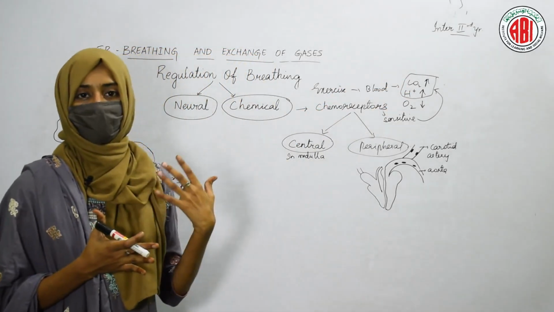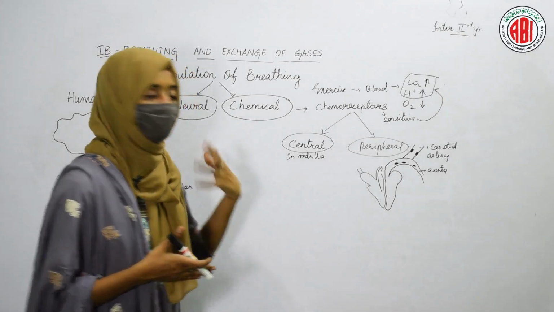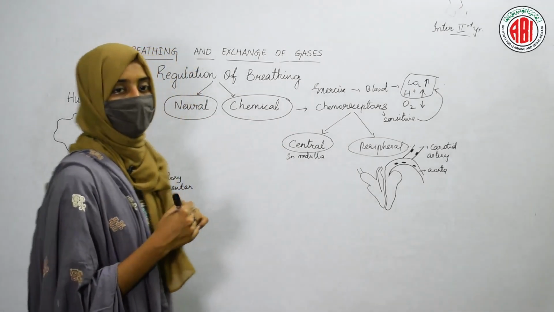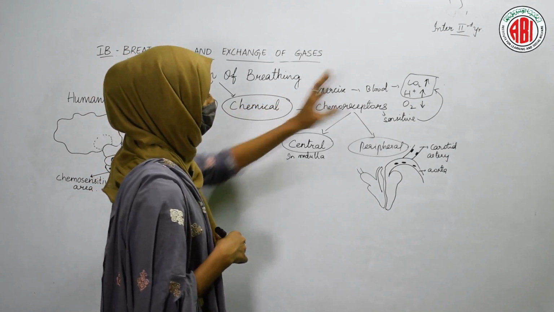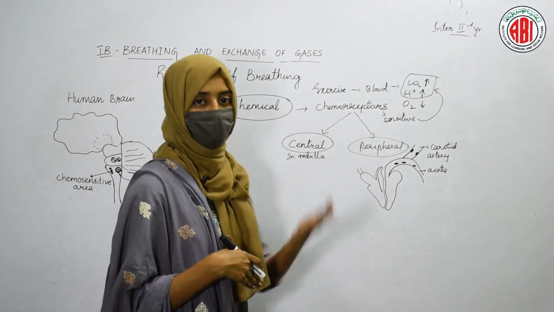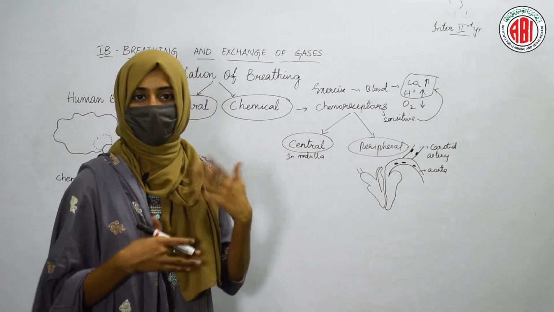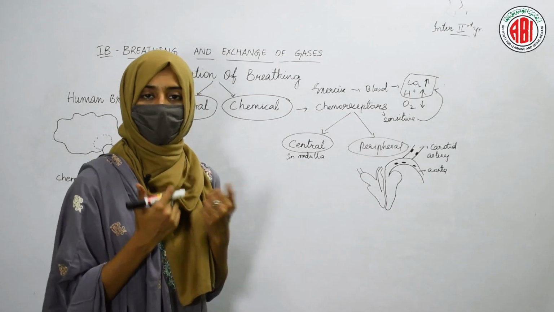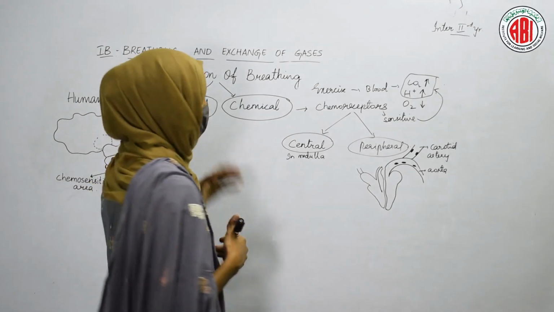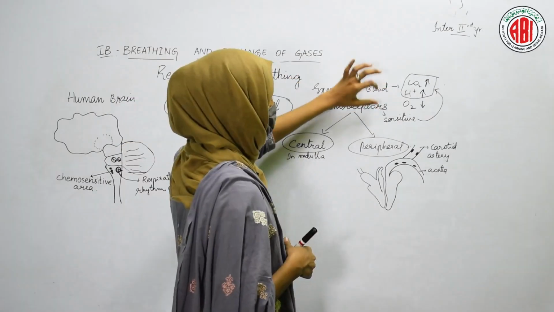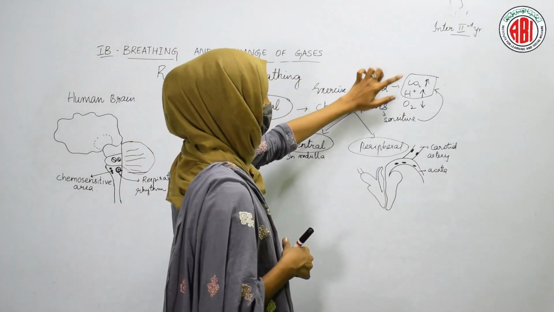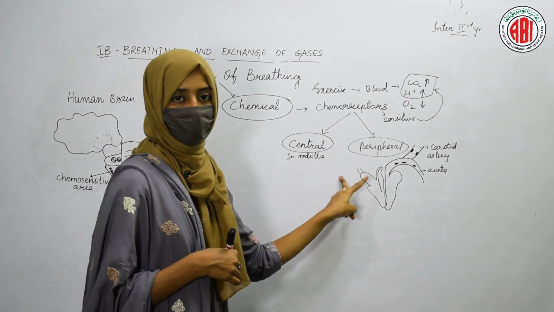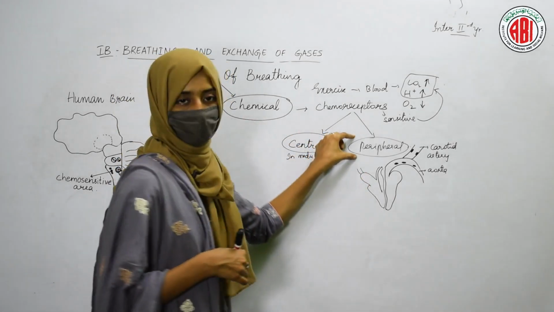As soon as the concentration of carbon dioxide and H positive ions increases in our blood, they start sensing them and they send signals. They help in reducing the concentration of carbon dioxide through expiration. So, when we do exercise, the expiratory rate increases. We remove a lot of carbon dioxide from our body, and in turn we also need a lot of oxygen to be taken up by our body. So, at that time chemoreceptors are sensitive to the increase in the concentration of carbon dioxide and H positive ions. Based on their location, chemoreceptors are divided into 2 main types: central chemoreceptors and peripheral chemoreceptors.